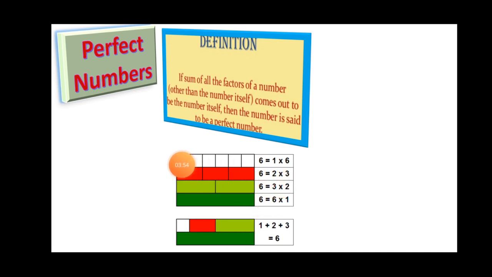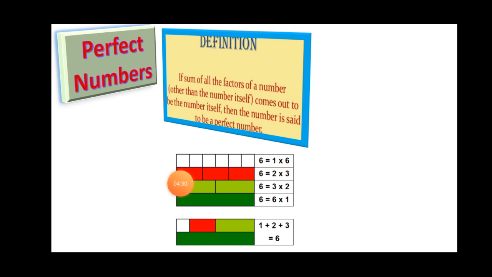Look at this white portion. You can see here this complete white portion we have divided into 6 equal parts. So this complete white portion we can represent by adding each white portion, or we can represent it by taking one white portion and multiplying it with 6, as repeated addition can be expressed in terms of multiplication also. So we can write it as 1 into 6, that represents 6 boxes.